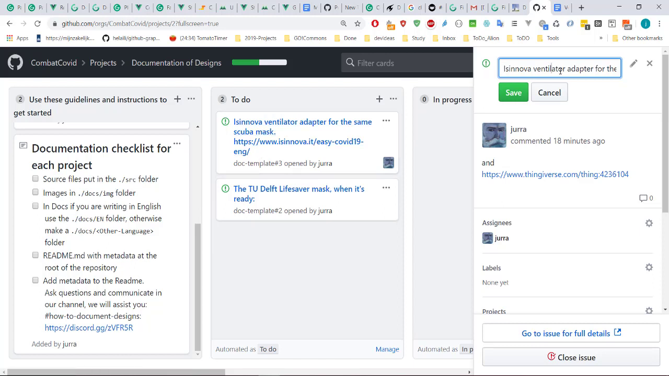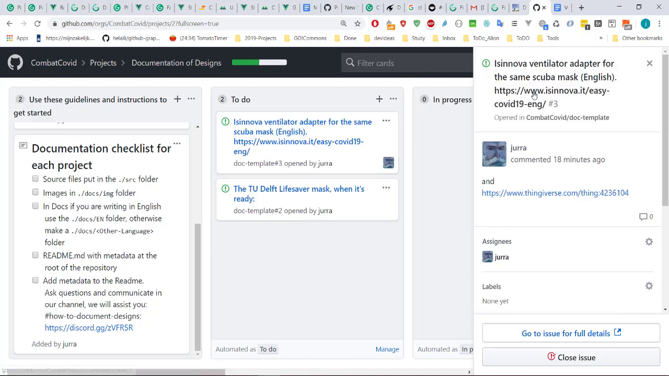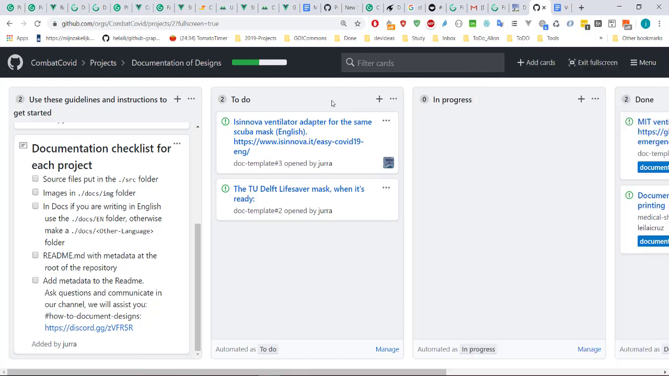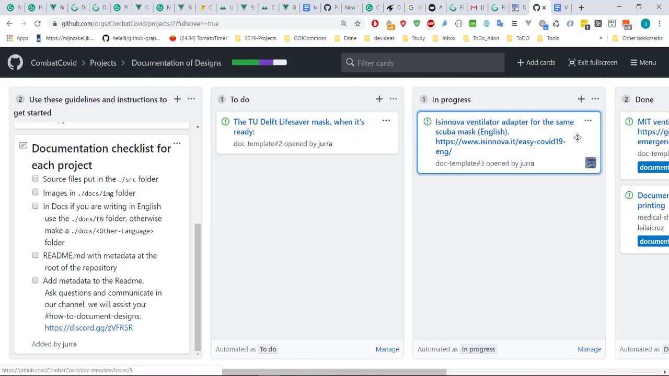So I want to say ventilator adapter, and I'm just going to put here English. Okay, so that people know. Now people know that I'm working on this one and I'm doing it in English. So what I will do now is